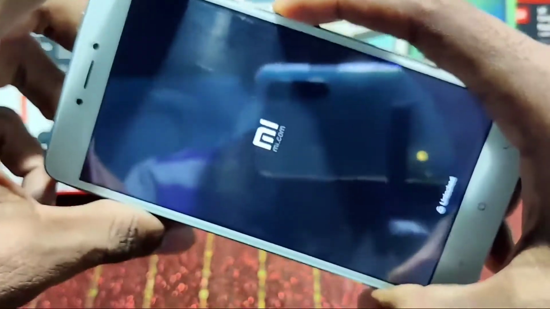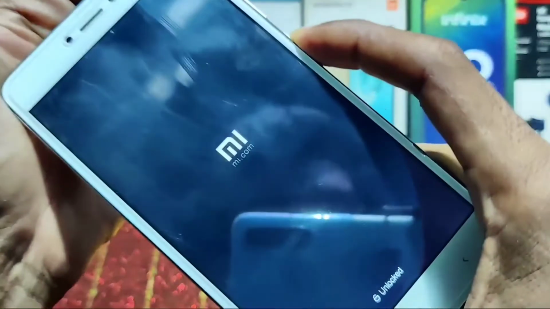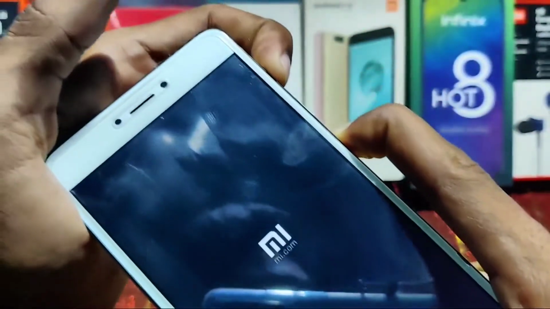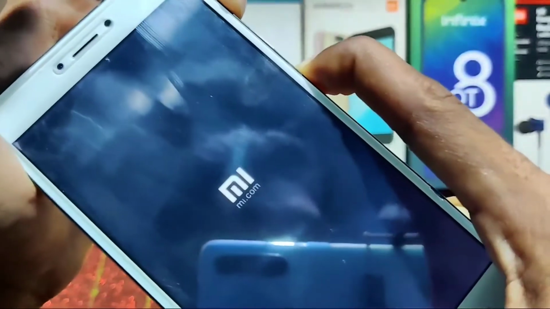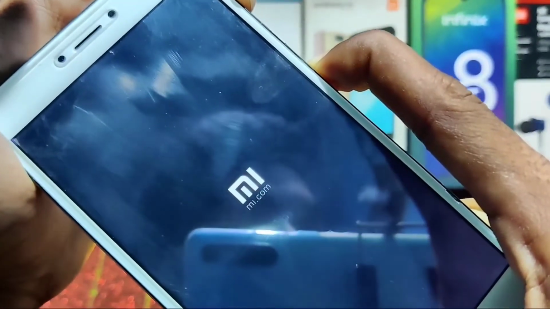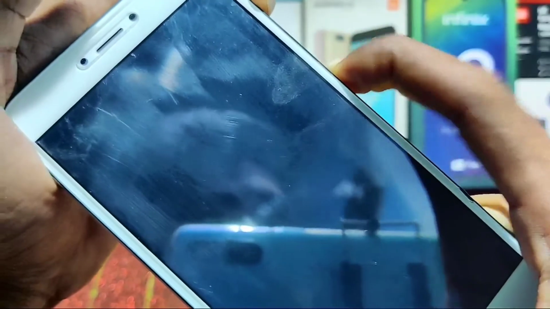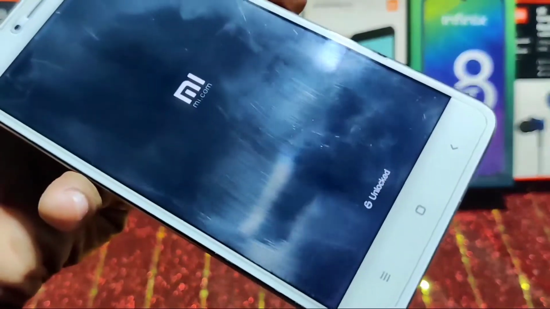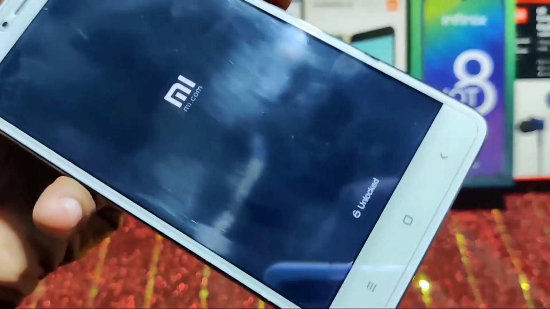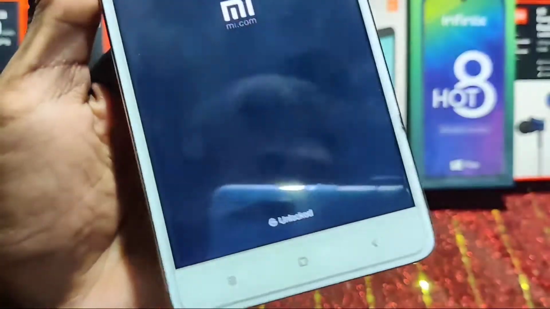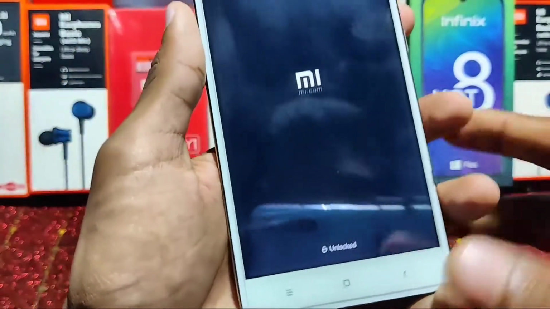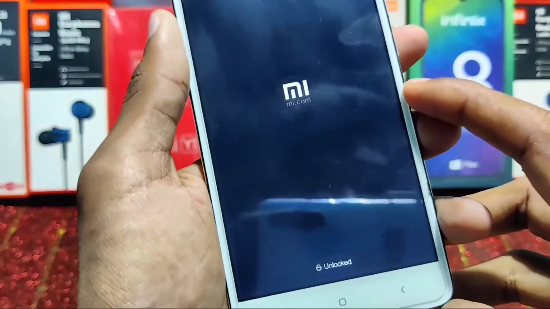So you have to take your device into recovery mode. For that you have to press your volume up and power button. So let me press it. Let me boot my device into TWRP mode. This method will work only on bootloader unlocked devices. In other devices I haven't tested, so you may need to flash the stock ROM again on locked devices, otherwise it may not work. As you can see, this is my device and it says bootloader is unlocked. Let us wait until the TWRP recovery opens.